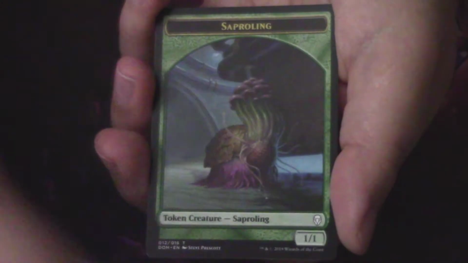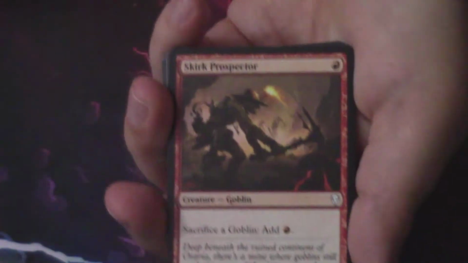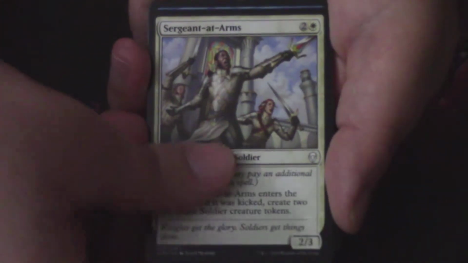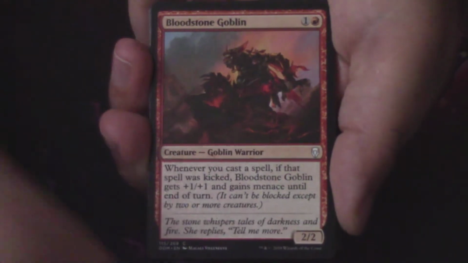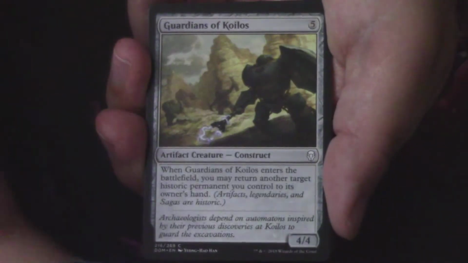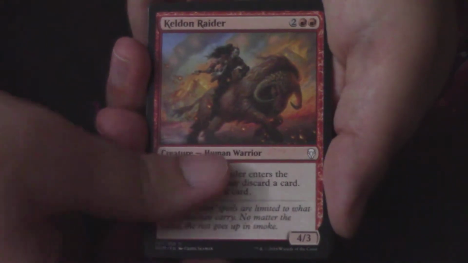Behind Raff is a Swamp and a Saproling token. We have a Karn pack. Still no value. That's upsetting. And again, in terms of a deck, nothing's really screaming out to me yet. I don't know. Skirk Prospector, Sergeant at Arms, Cold-Water Snapper, a Bloodstone Goblin, Pierce the Sky, Divest, Guardians of Koilos, Keldon Raider,